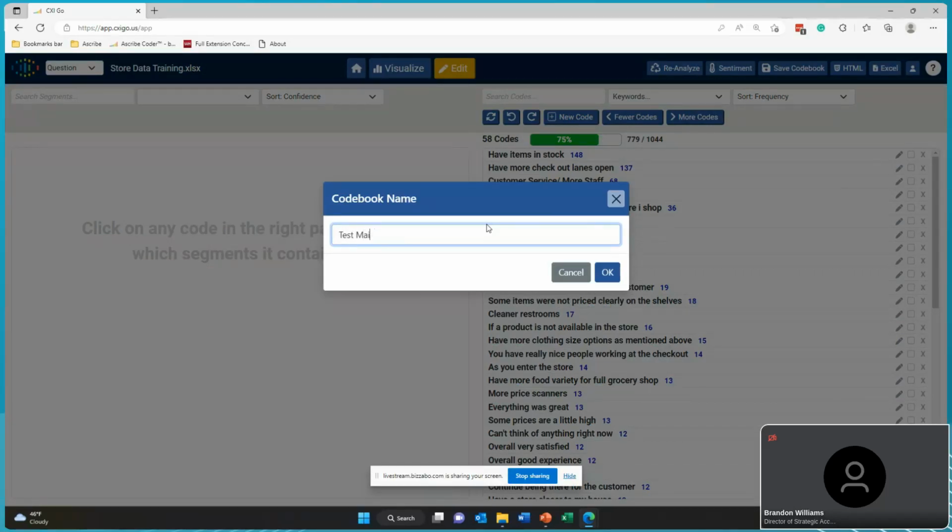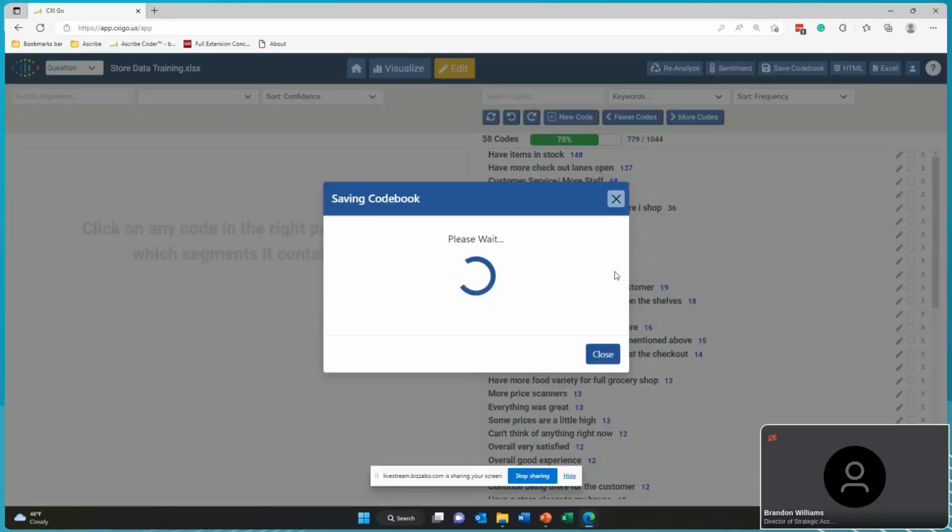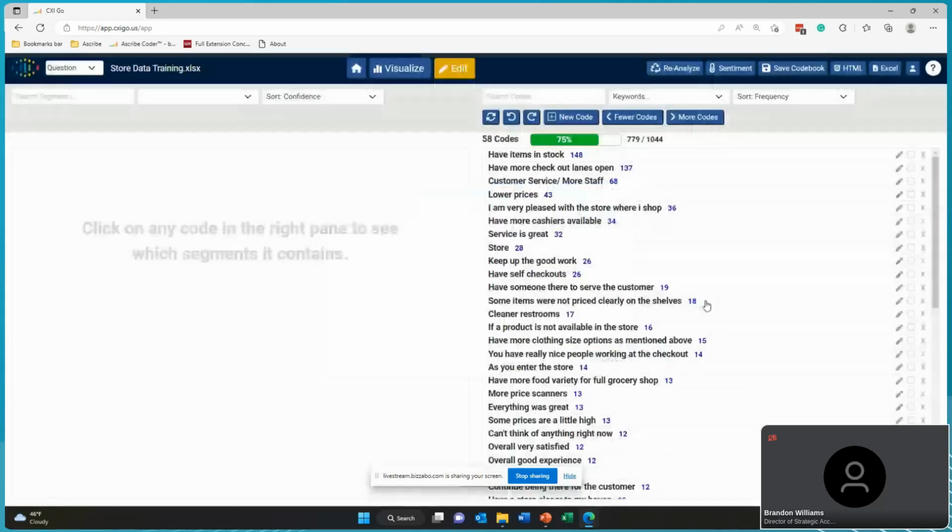That way, if I want to access it again in the future, if I go in and I want to do another study or another project that's similar to this, I can use these themes as a starting space, and then build on top of it. Alternatively, I could turn sentiment on. Now, this is a data set that doesn't really work well for sentiment analysis, so we're just going to leave that guy alone, but we could turn sentiment on if we wanted.